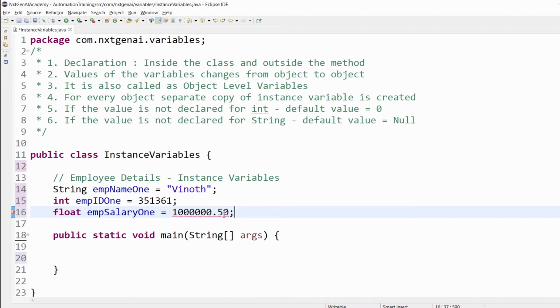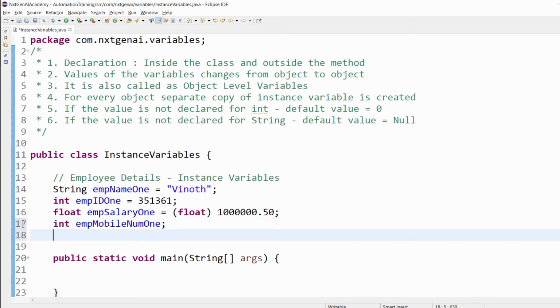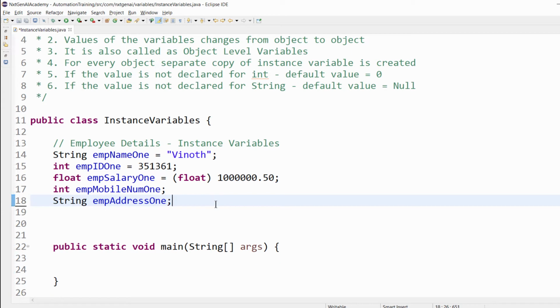For the float, we have to typecast, add a cast to float. Then employee mobile number, mobile number for the first employee. I am not declaring any value for a reason. Then employeeAddress1.